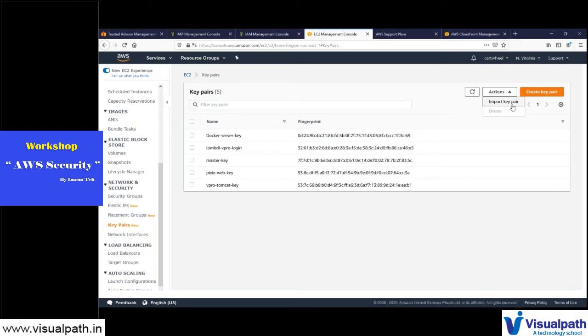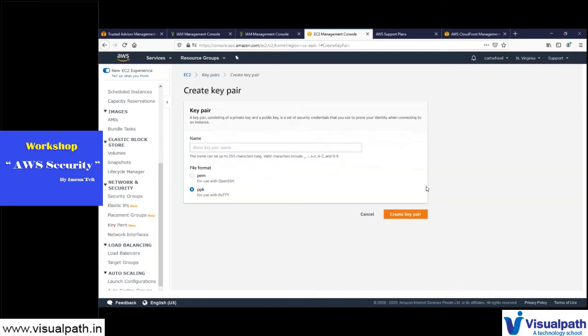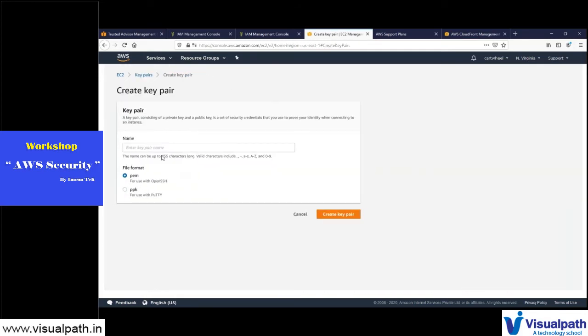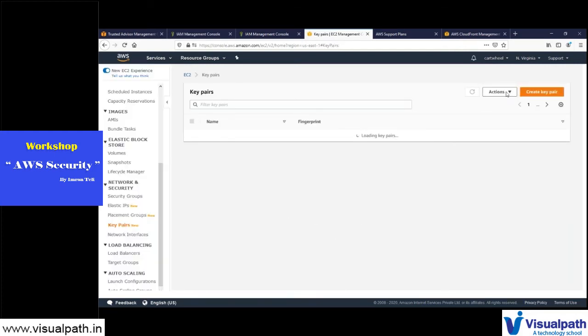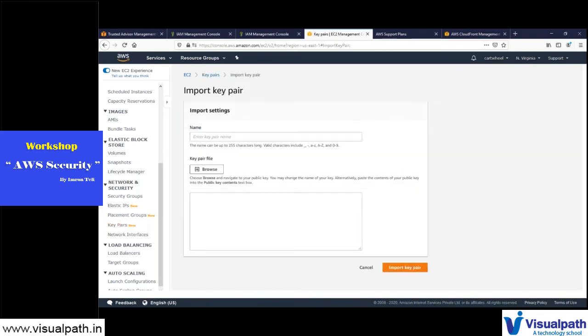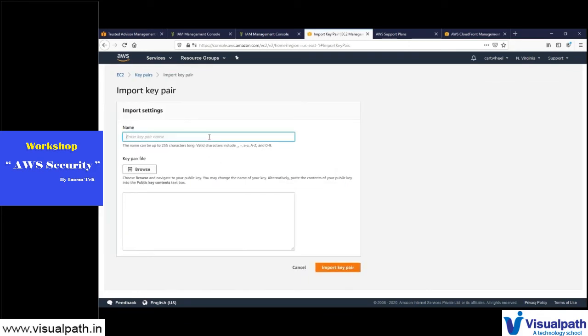Okay, so here's an option, import key pair. All right. When we say create key pair, what happens is it creates a key pair and gives us the private key. So the question is, what if AWS is using the key? So you can just say import key pair. Don't worry, nothing happens if AWS generates the key, but this is for compliance and you may get this. I got this. So you will definitely get this, if not now, sometimes. What if they have the key?